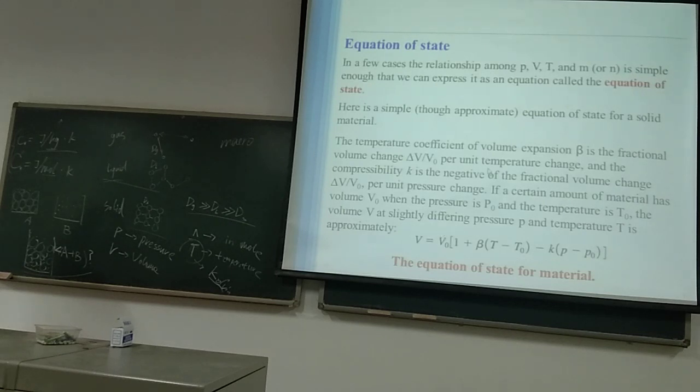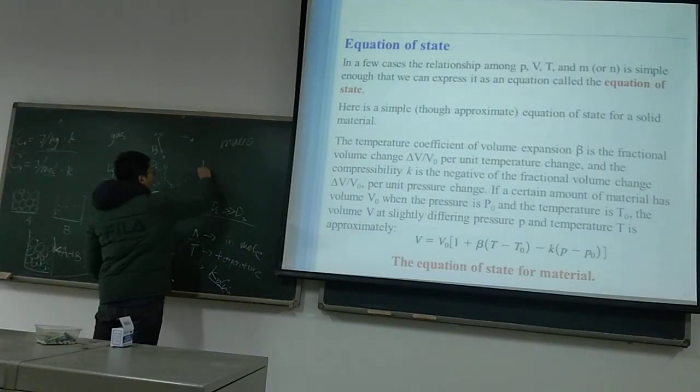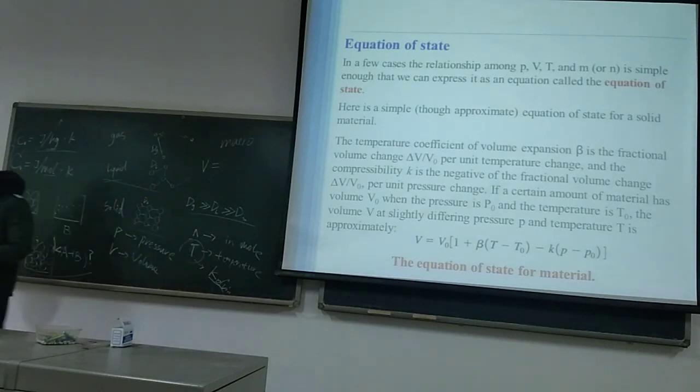In a few cases, the relationship among P, V, T, and n is simple enough that we can express it as an equation called the equation of state. Here is a simple equation of state for solid material. The first one: V is the actual volume, equal to V0, the volume before the treatment, or its original volume,